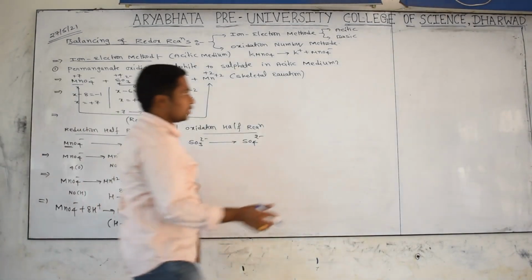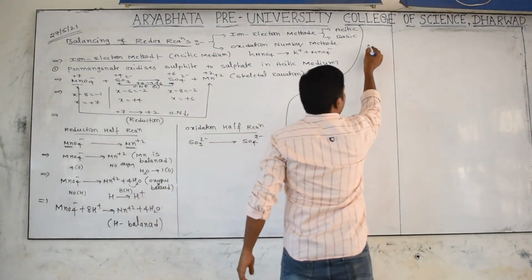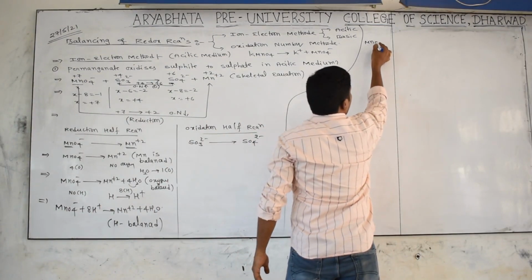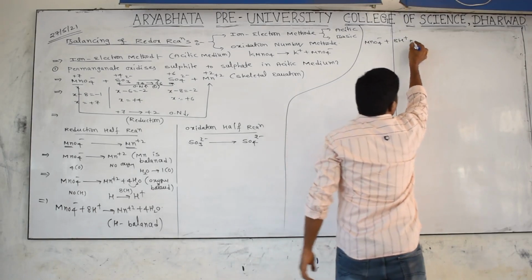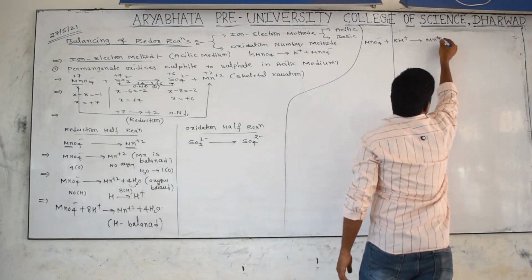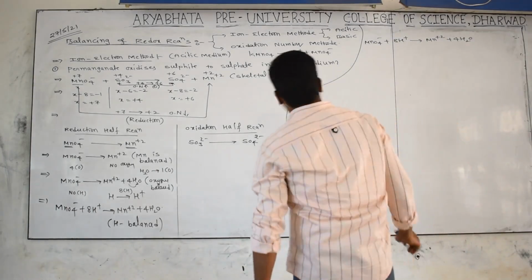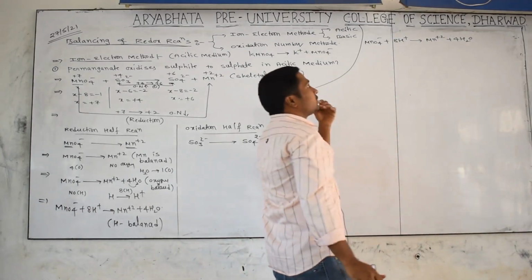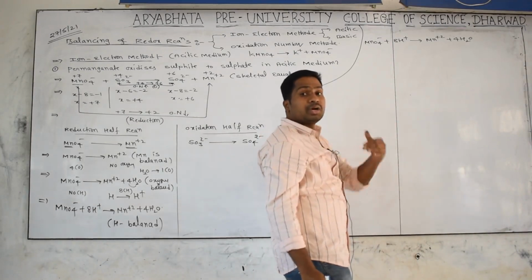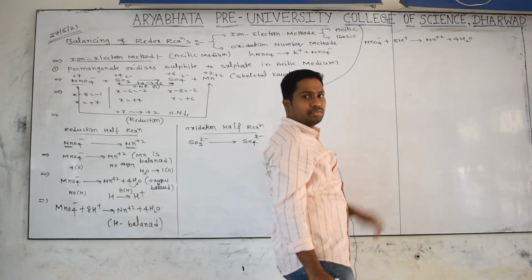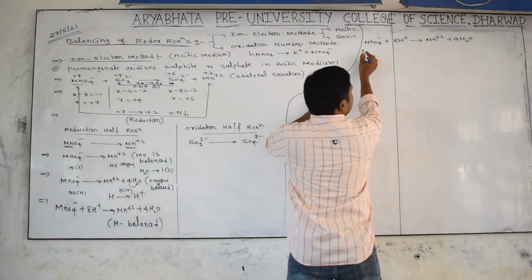Later we can see all these things. Now we have to check the equation: MnO4 minus plus 8H plus gives rise to Mn plus 2 plus 4H2O. That is what we got, no? Yes. Now hydrogen is balanced, oxygen is balanced, manganese is balanced, everything is balanced, but now what to do? Charges have to be balanced. Observe very carefully. With one or two problems of practice, you can get it very easily.